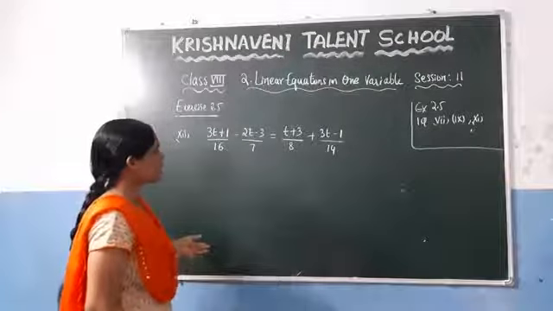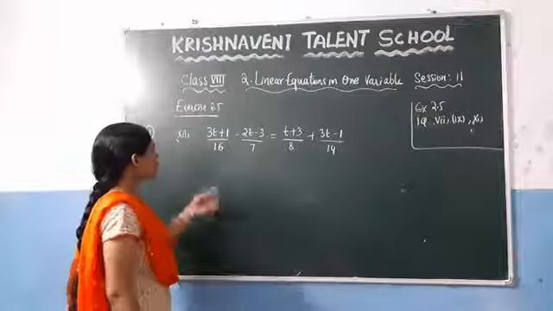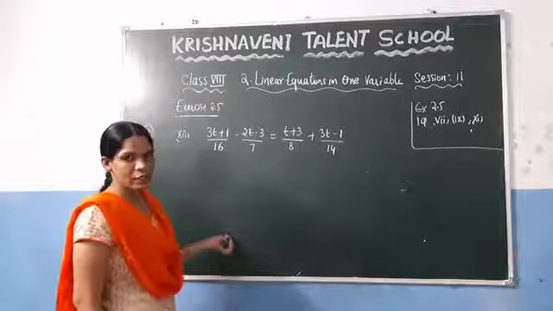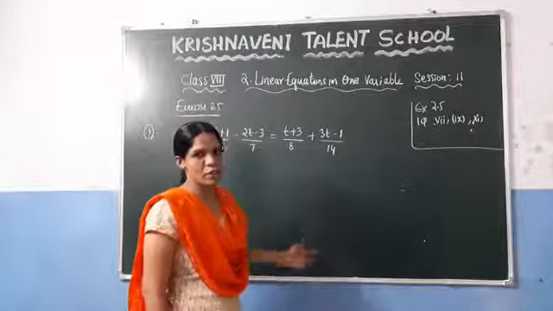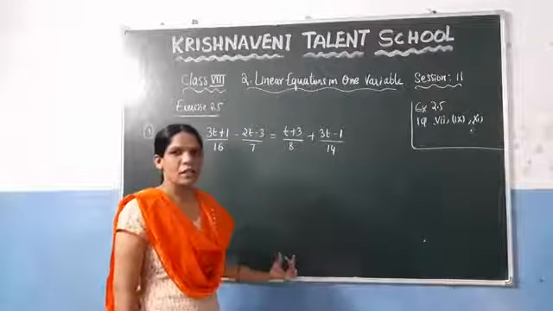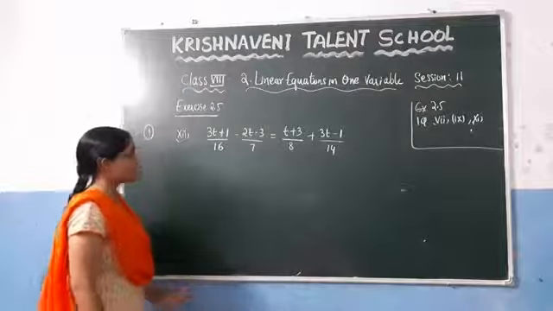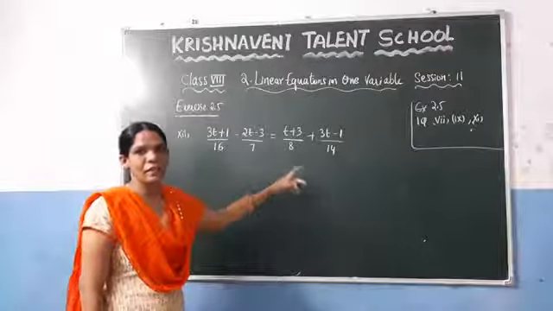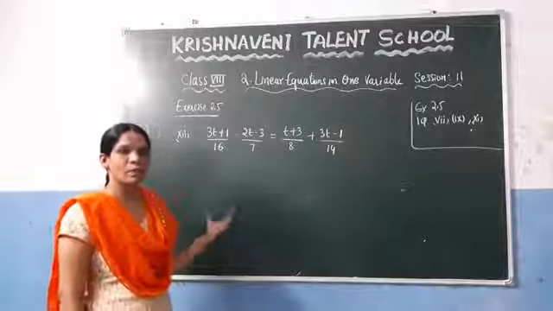Here you can observe that you can do this problem in two ways. You can take the LCM of these two values and solve the LHS, and take the LCM of these two values and solve the RHS. At last you will get two fractions that are equal, and if you cross multiply, you will get the answer. But here you can observe that taking the LCM of 16 and 7 and 8 and 14 is somewhat difficult. The calculation will become higher.